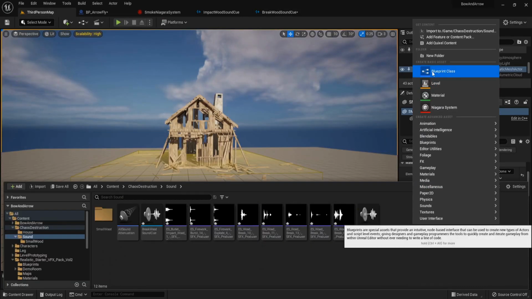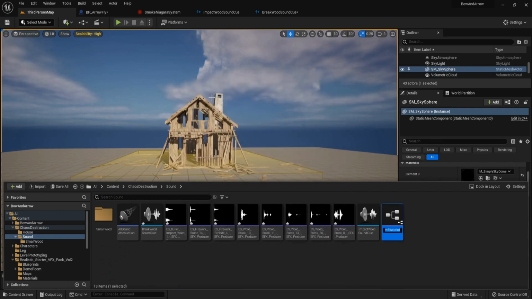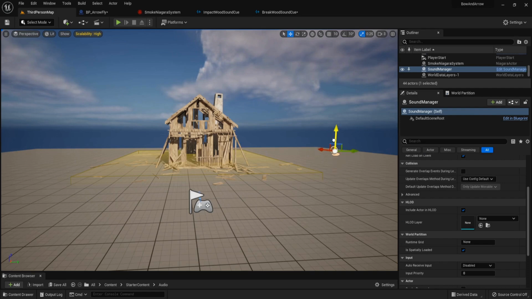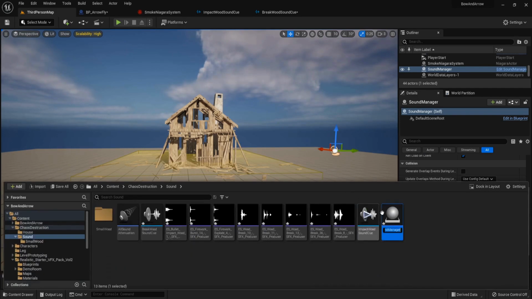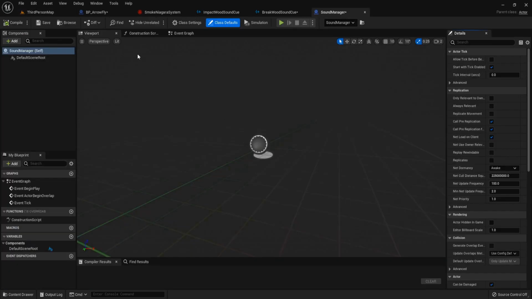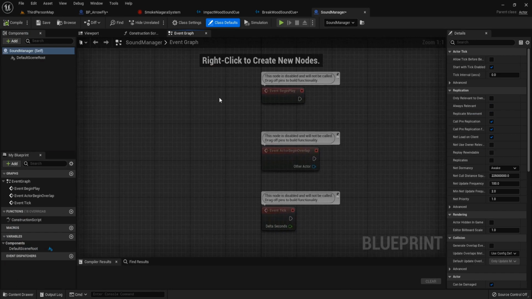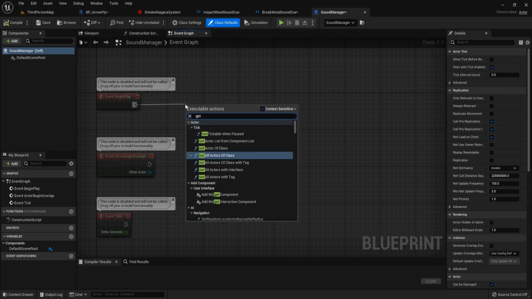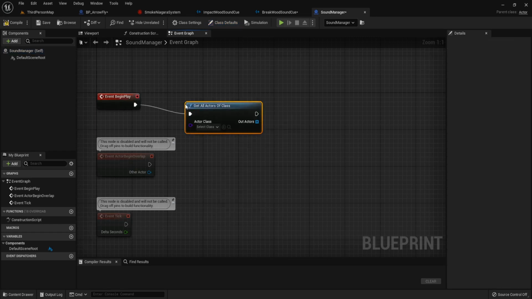I click Blueprint class, actor, and name it Sound Manager. And drag it inside the scene. Open this. Go to Event Graph. On the begin play, get all actor from class.